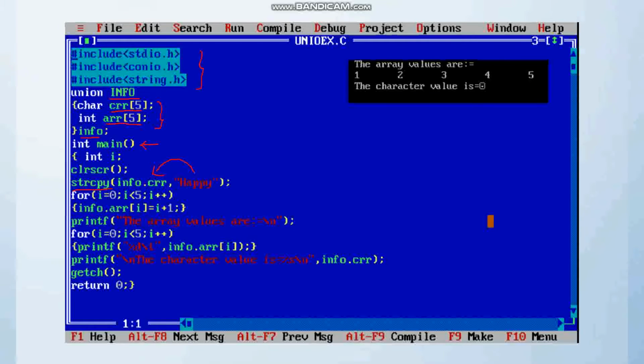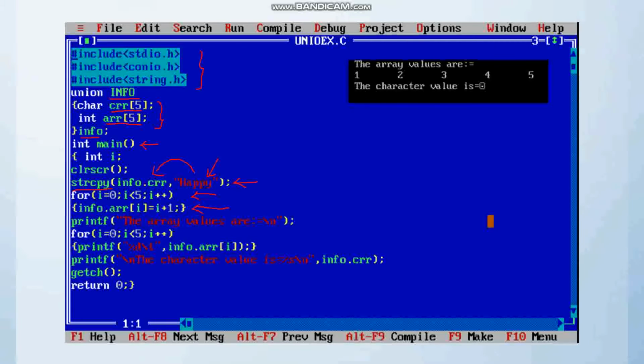After that we are running a loop, and we are storing values in the integer array. So at that point, the current values in the memory are characters. What is the current value? That is happy.